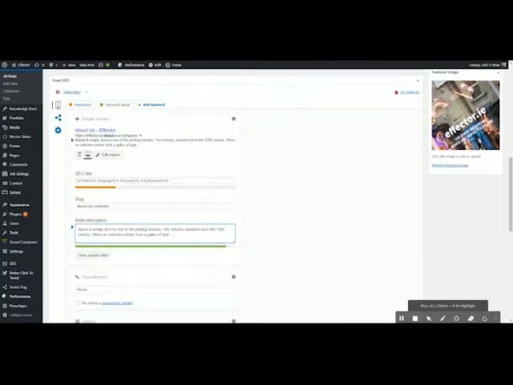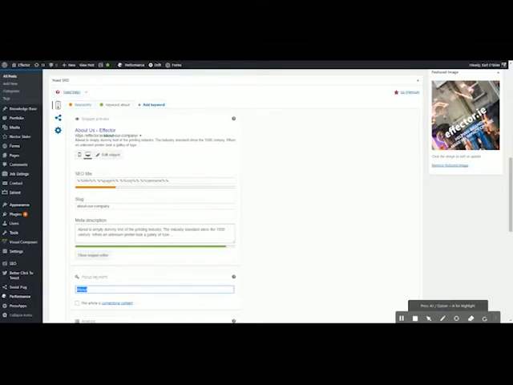Okay, now you can see our focus keyword is "about", and it's even highlighting them there in the snippet. So the word "about" is within the title, it's highlighted within the slug, and it's highlighted within the meta description. Okay, now two or three other things that I just want to bring to your attention